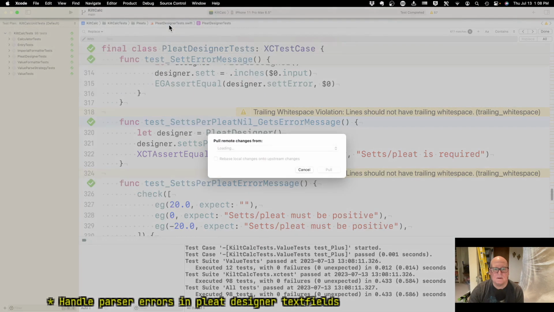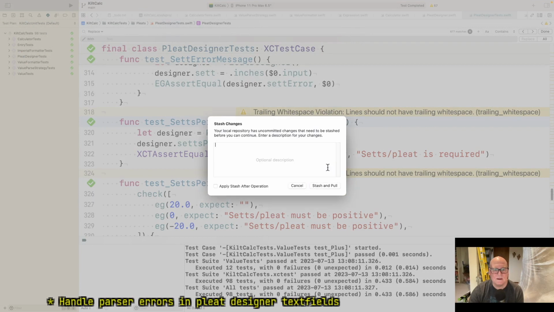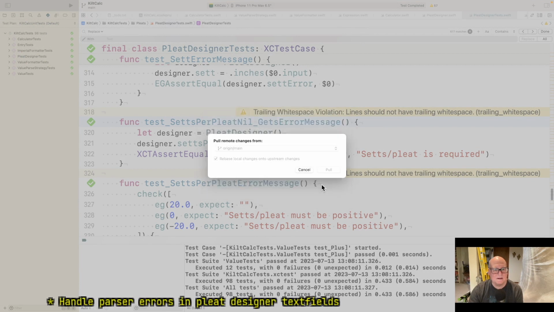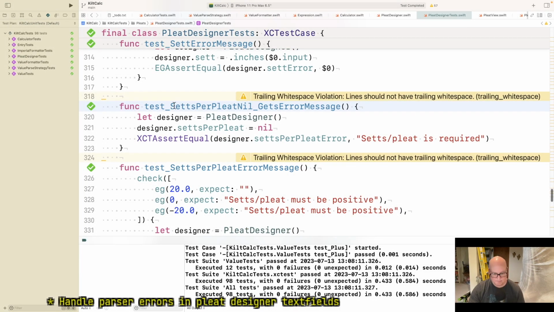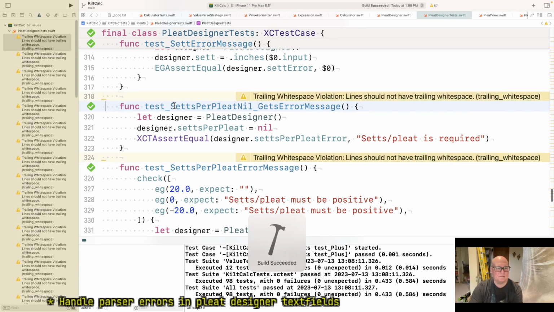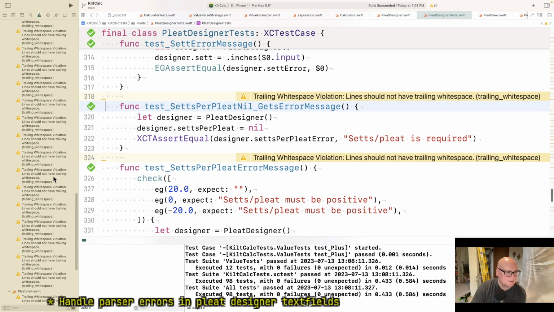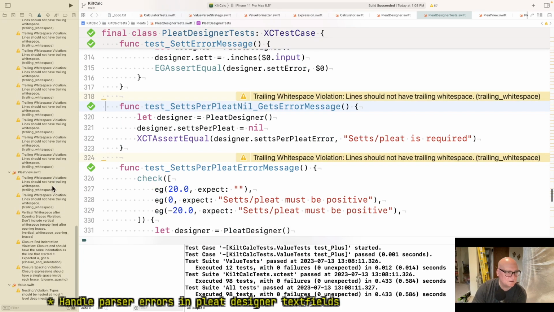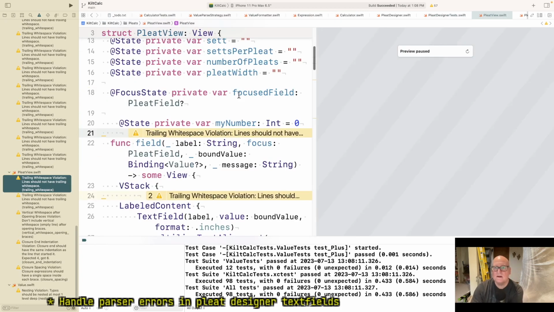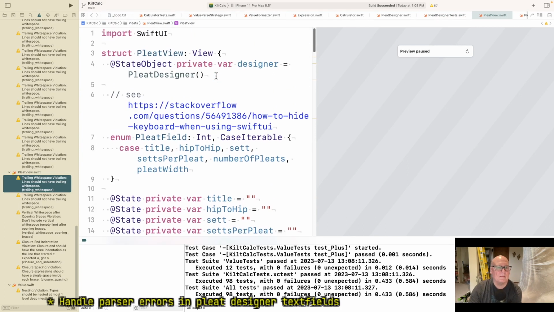I thought I did a pull. Yes, I don't care about those. Oh, wait a minute. Let's find value.